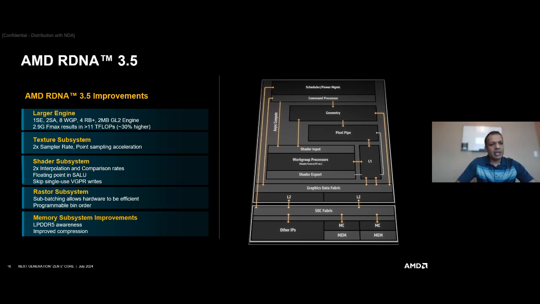And at the very end, memory subsystem improvements. Again, LPDDR5 operates slightly differently than G, so being aware of that and getting more hits to open pages, improving efficiency there, as well as improved compression. During